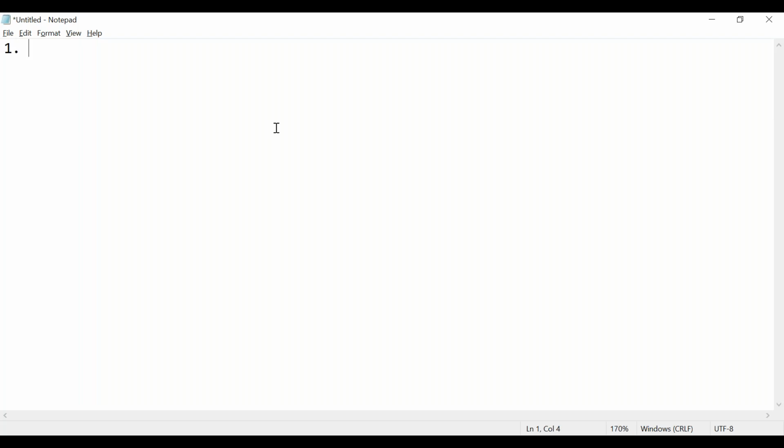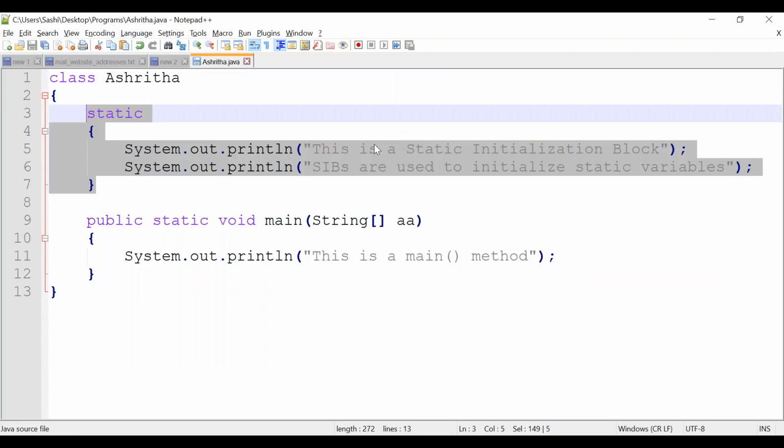I can say static blocks are SIBs. Static blocks can be placed anywhere in the class, correct. Static blocks can be available anywhere in the class. What it means is, either it can be at the top or bottom, anywhere.